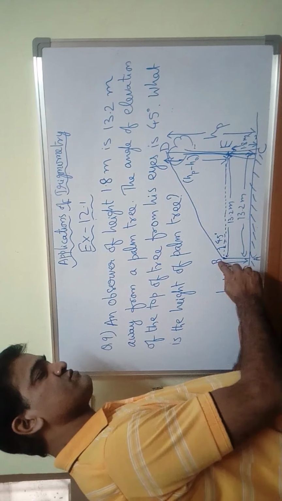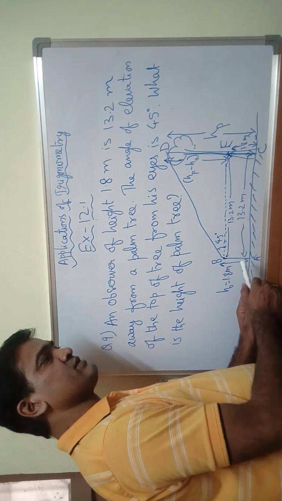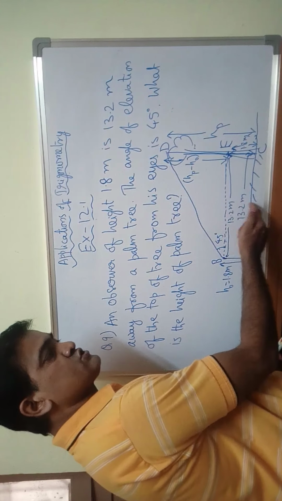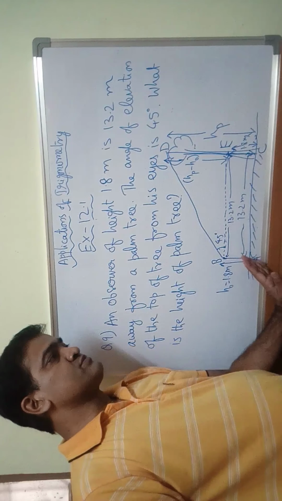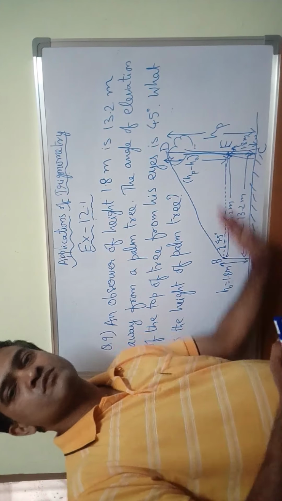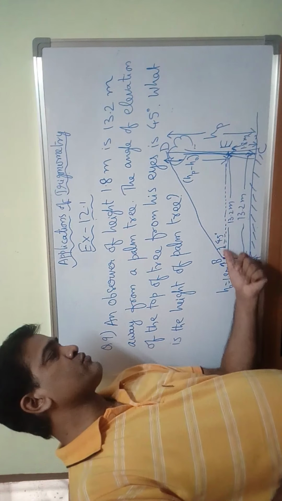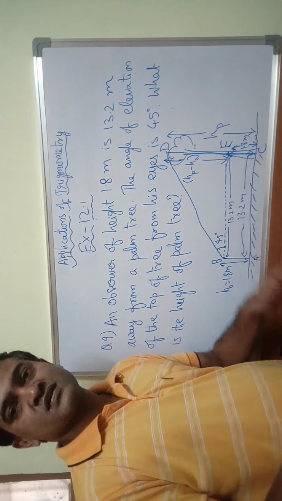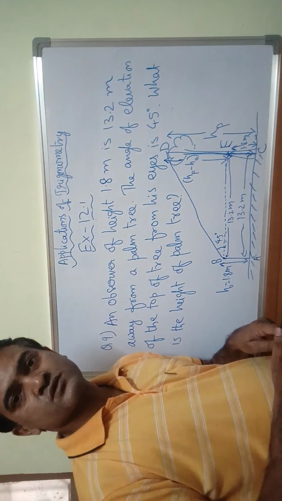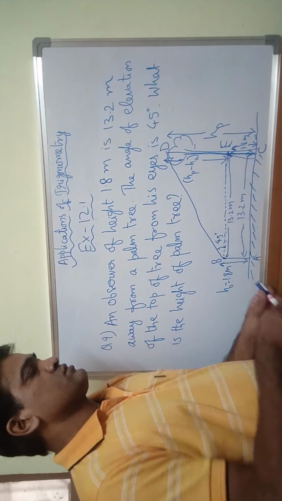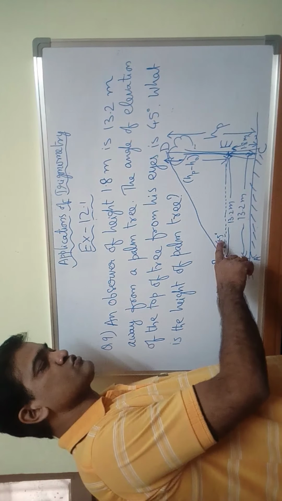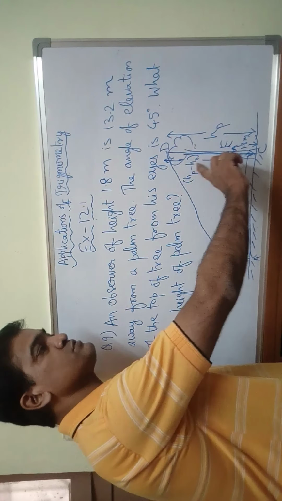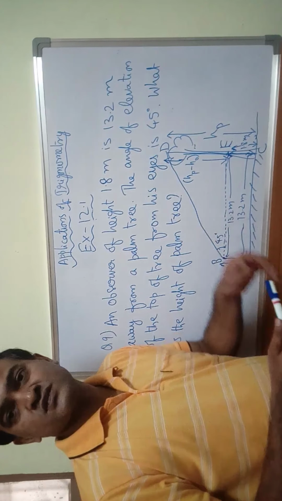So that is the reason, if the height of the observer is 1.8 meters, the opposite side is also equal to 1.8 meters. And look at these two sides. As the observer is 13.2 meters away from the palm tree, this dotted line also becomes 13.2, because it is a rectangle, and in a rectangle, opposite sides are the same. So this is also equal to 13.2 meters. Now you know this angle of 45 degrees. To this 45 degrees, 13.2 meters is the adjacent side, and HP minus H naught is the opposite side.